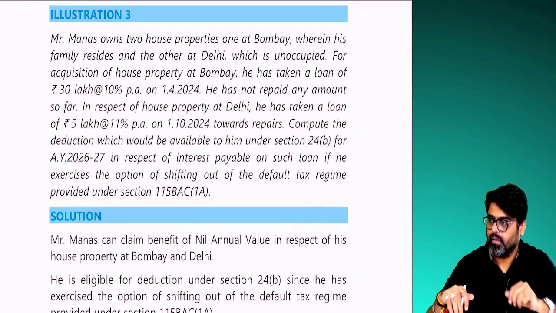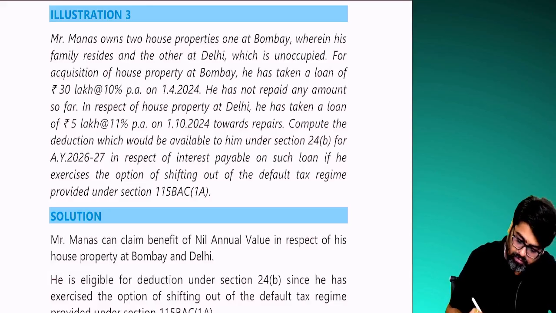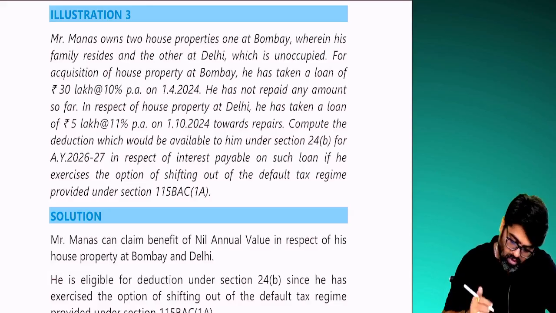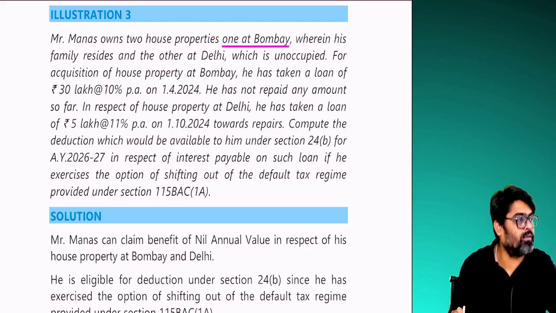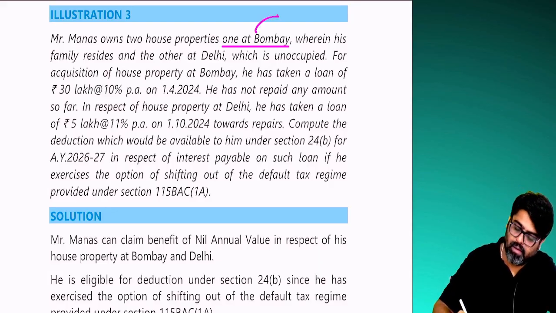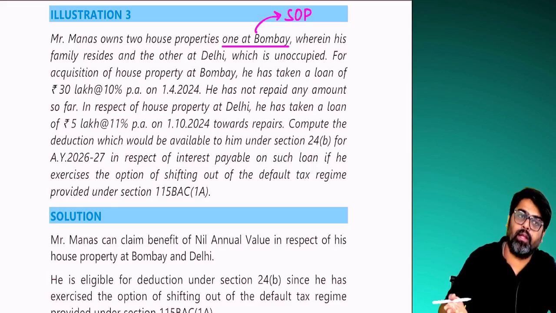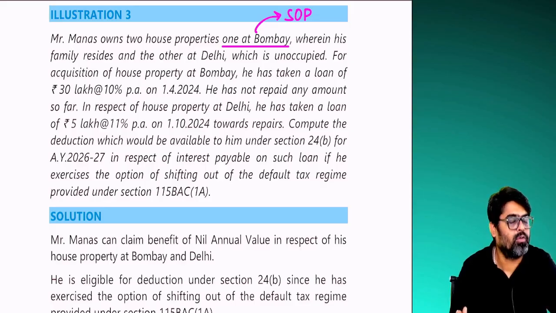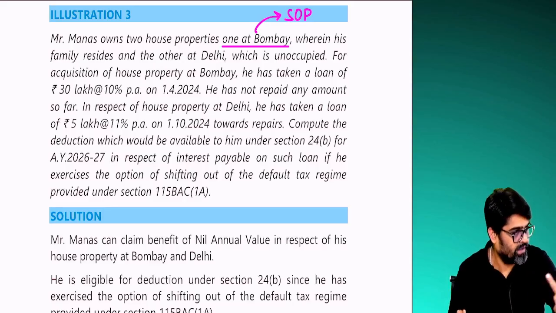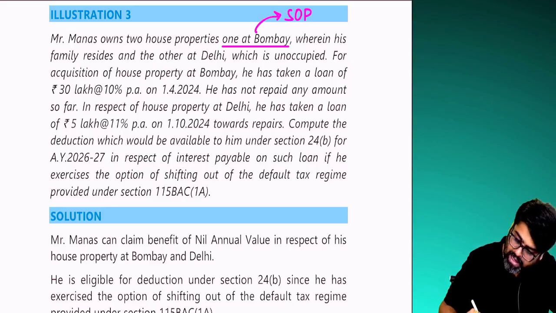Come to question number 3. Shall we? Mr. Manas owns 2 house properties, one at Bombay, wherein his family resides. Bombay property will be LOP or SOP? SOP. Why? Because the property is used for own or family members' residential use. Yes or no? So what will be the status of Bombay property? Because in that property family resides, residence. Yes or no? Now, other at,